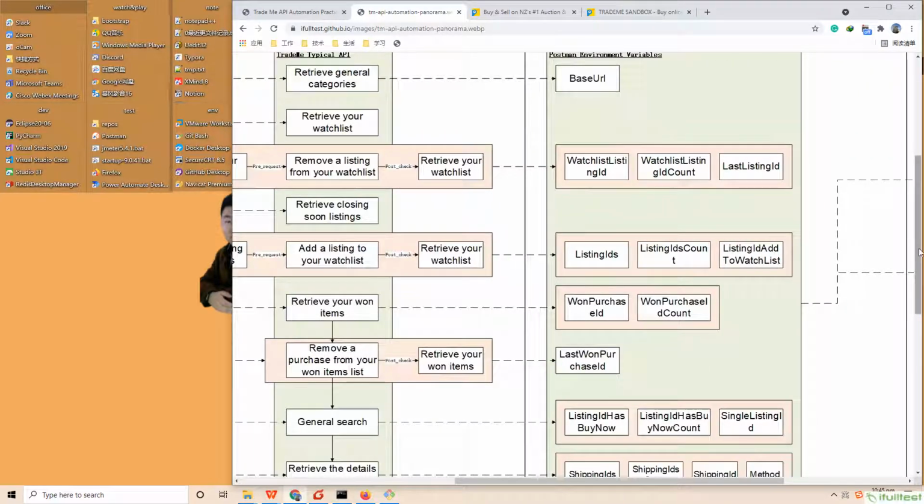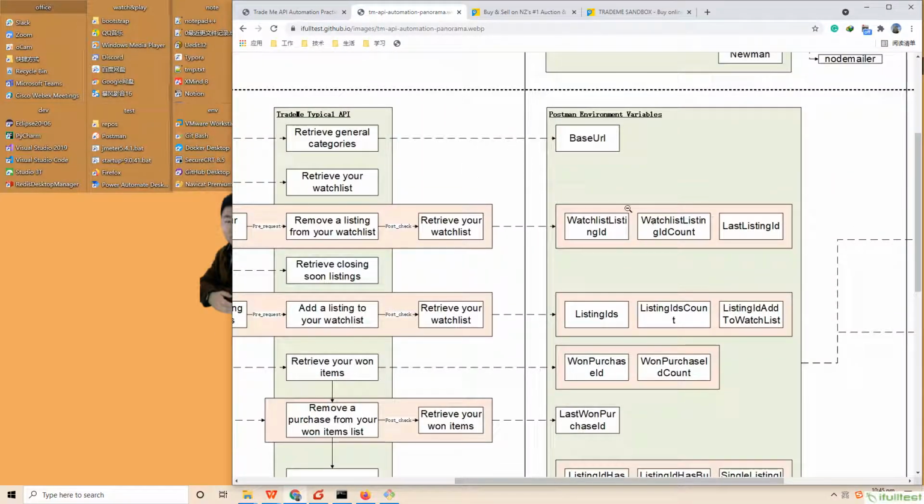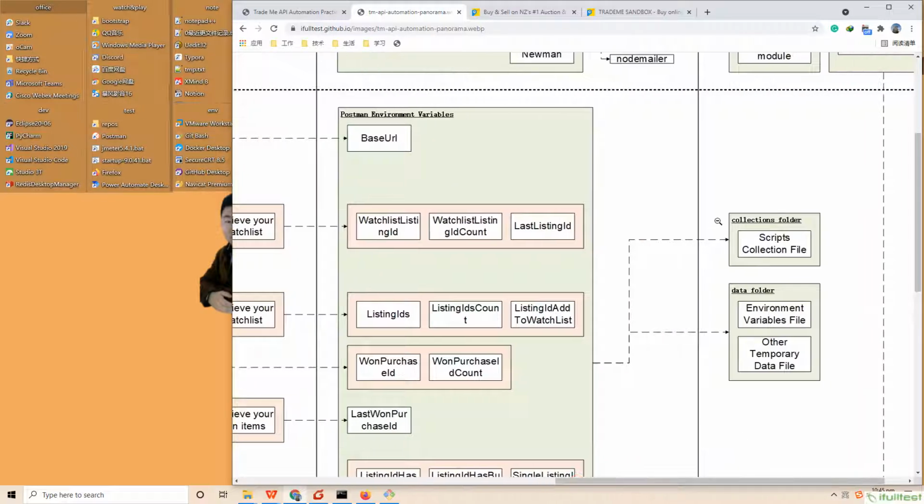You can see all Postman environmental variables generated in the process of scripting. Combined with scripts, we get the basic materials for generating reports.